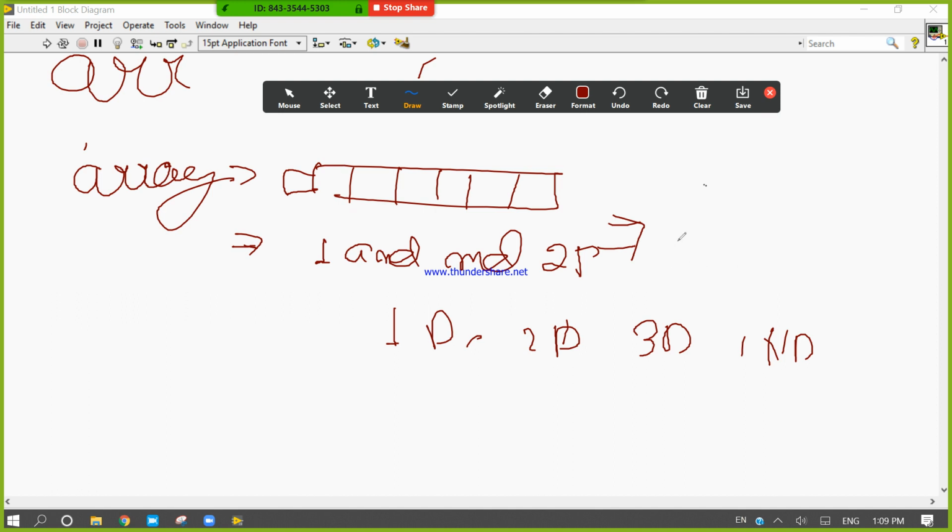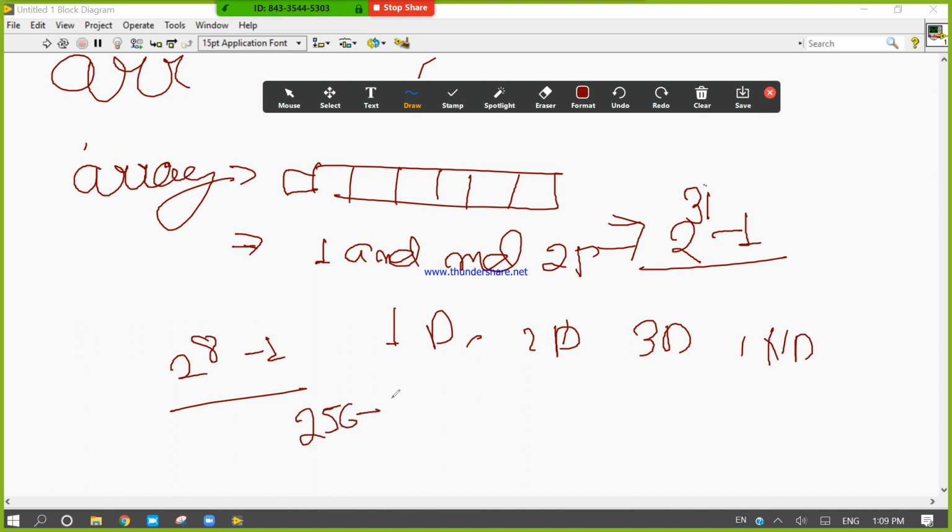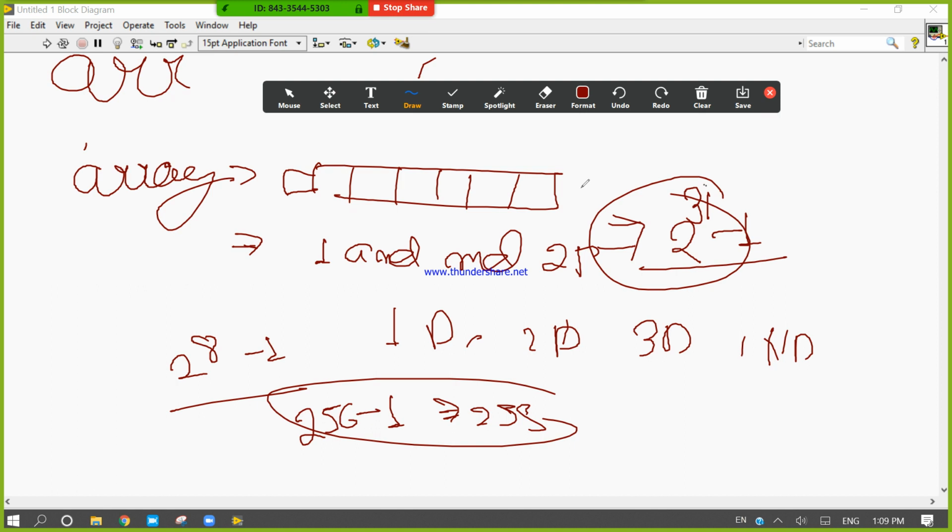Array can contain 2 to the power 31 minus 1. If it were 2 to the power 8 minus 1, so 2 to the power 8 is 256, minus 1, it means 255. So you need to calculate how long a data array can be designed.